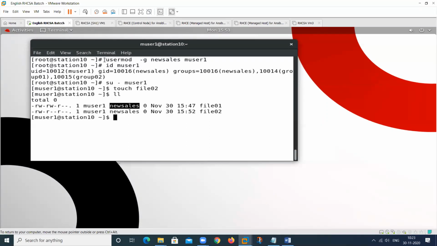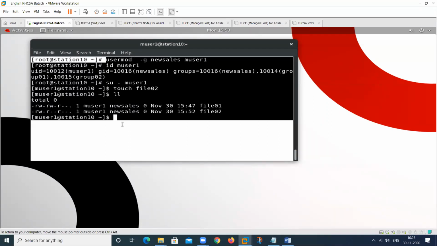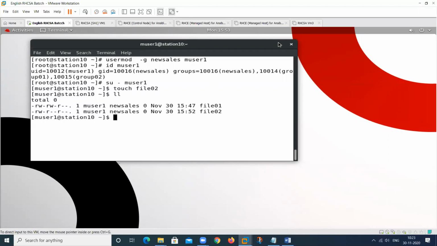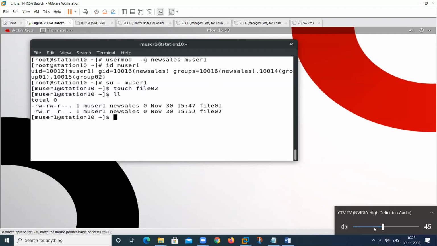So any doubt here? Yes, tell me. Sir, small -g is used for the primary group and capital G is used for the secondary group. Yes, yes. While we make a blank file, we already have a primary group.